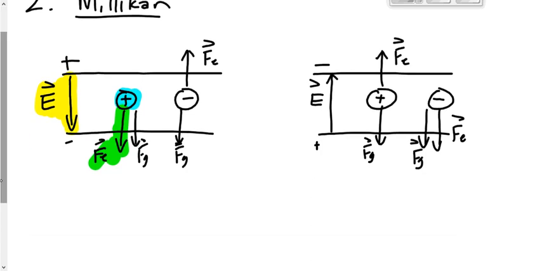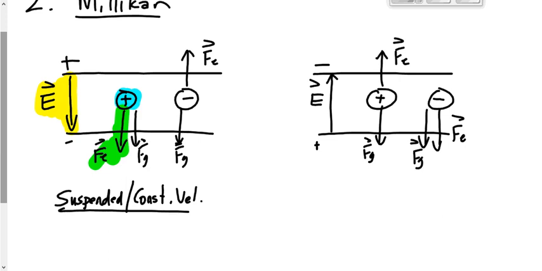Now, there's 2 situations that arise here for these 3 questions that you're going to see on the oil drop experiment. The first one is when the charged particle, the oil drop, is either suspended or traveling at a constant velocity. When it's suspended or traveling at a constant velocity, we're in a state of,